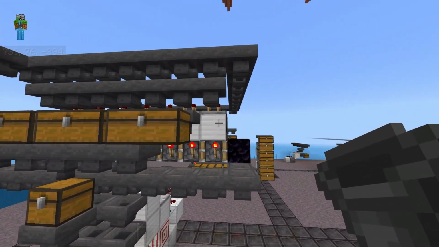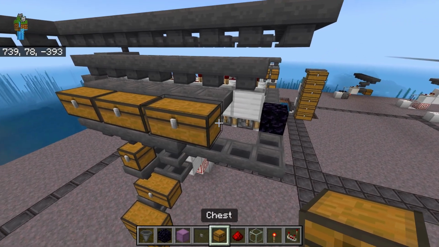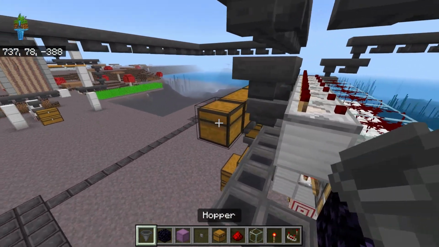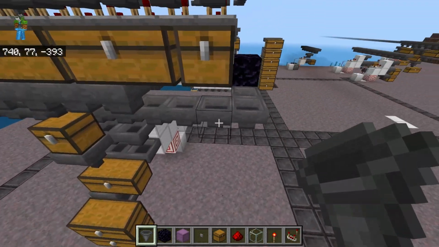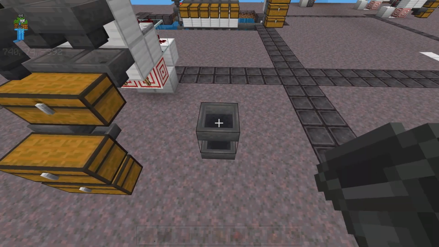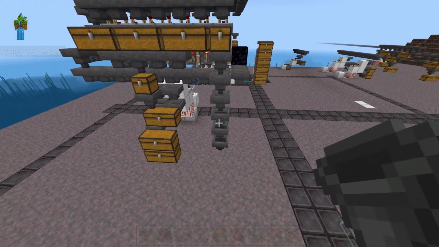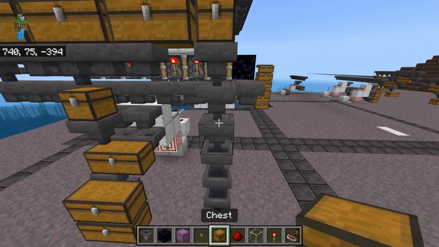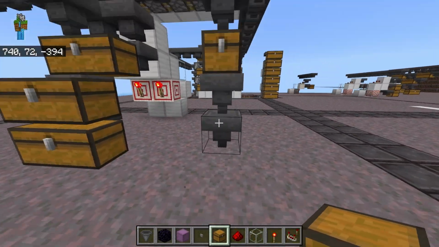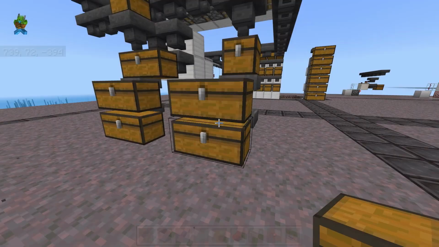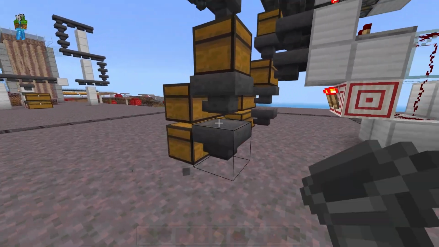And then we have one more sorter cell at the top that is unused. So we're going to go ahead and hook this up, and we're just going to funnel this all the way down to the bottom. So even if you do merge some of the bottom cells together, you could always just run one of the top cells all the way down to the bottom and have it be its own chest. So this one cell from the top is now being funneled down into those bottom chests.